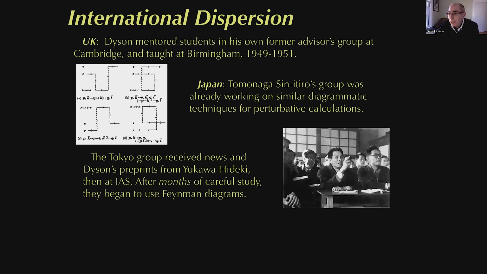So what happens with the spread of the diagrams in Japan after the Second World War? Here's Tominaga, whose work I was describing earlier. It turns out Tominaga was making just extraordinary, superhuman efforts to try to rebuild the Japanese community in theoretical physics after the war. The university where he was hired had been leveled. Most of the buildings had been destroyed in the saturation firebombing of Tokyo. So he and his little group of students and advisees would meet in his home, but his home had been bombed out. So they were meeting in his Quonset hut. He literally had temporary shelter that was not meant to outlive the war.